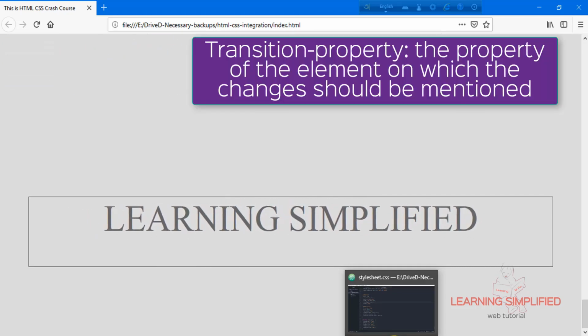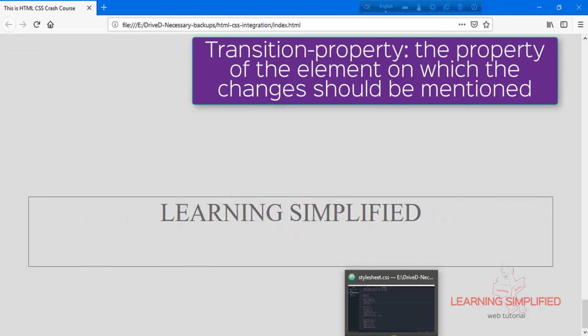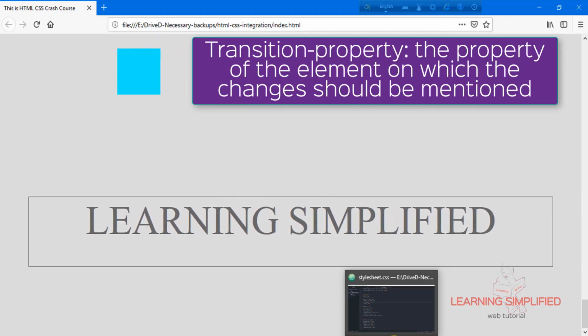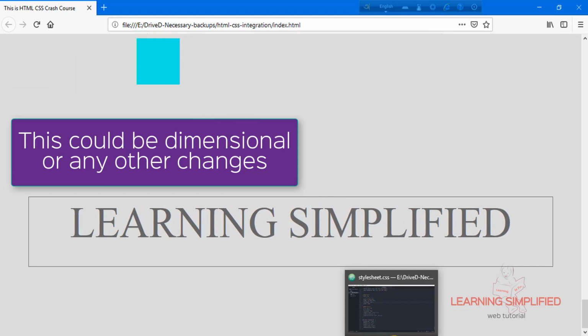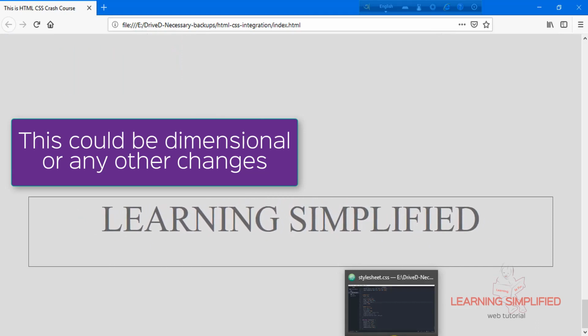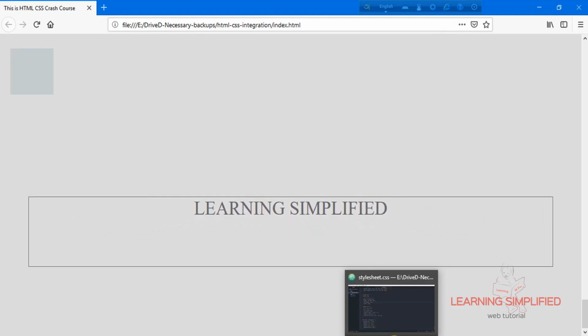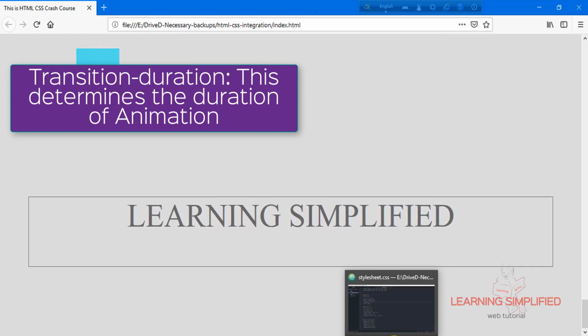So the transition property, in short, specifies the name of the property where the transition is taking place. This property could be width, background, font size, or any other such property, or any kind of dimensional change, and it should be mentioned here. Then comes the transition duration.